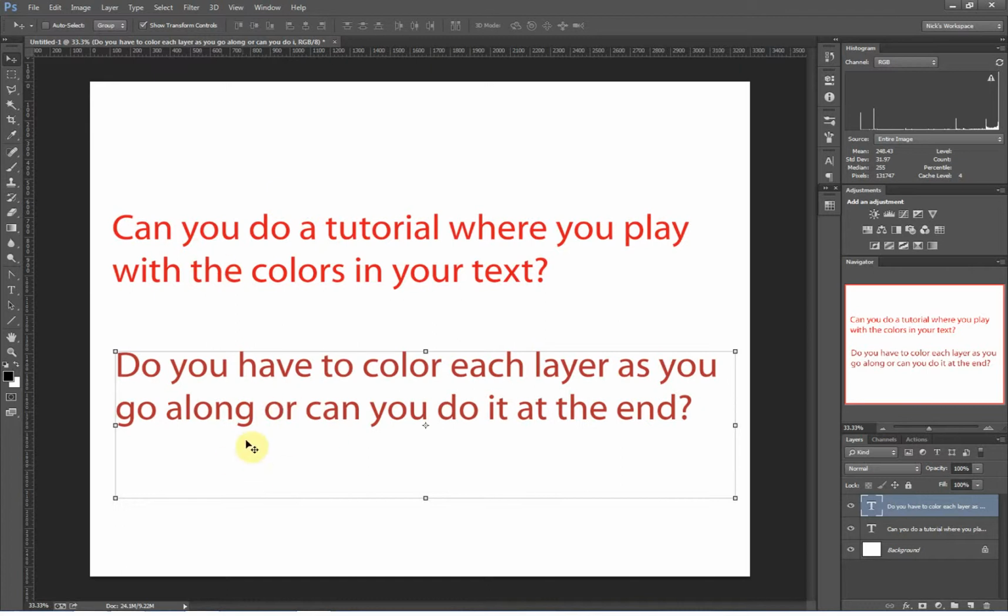You can see that the color here of red is just a shade off. So is there a way in Photoshop that we can actually make these changes to multiple text layers at the same time by selecting both of them? And it's really easy to do. Again, all we have to do is simply hold down the Shift key when I'm selecting layers, and then I can select multiple layers. So you can see in my layer stack here, now I've got both layers selected, and